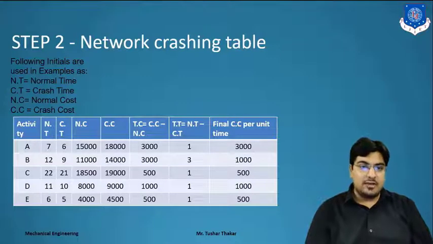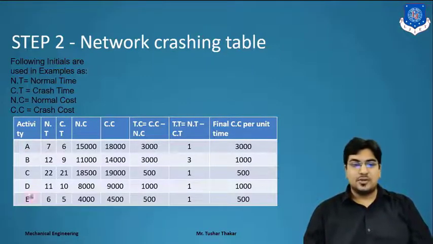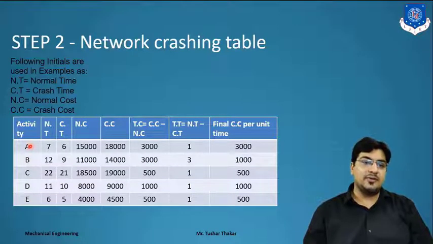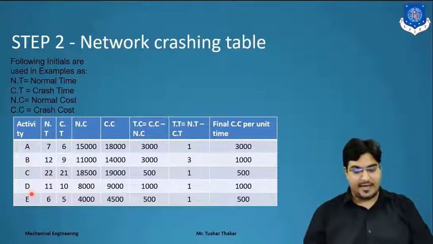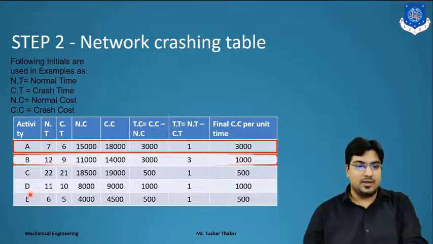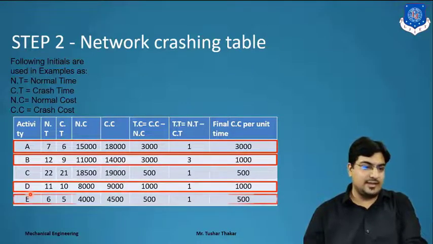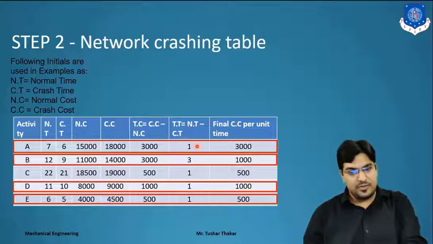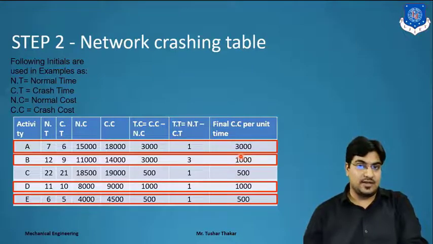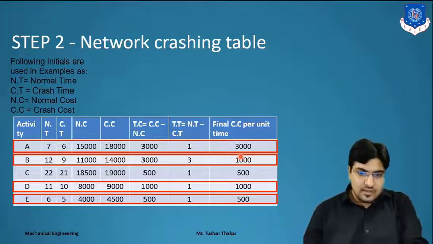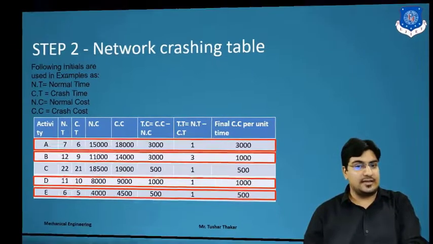Why? Because we have a critical path as A, B, D, E. So we have to crash that network on the A, B, D, E activities only. Now we have to draw one rectangle on those activities. These 4 activities we have to reduce, meaning 1 week, 3 weeks, 1 week, and 1 week also. But what we have to consider is that the crash cost will not exceed the 2000 value, right? So now we start crashing the network.